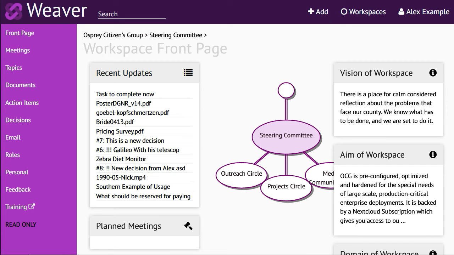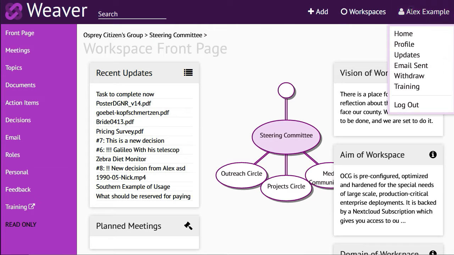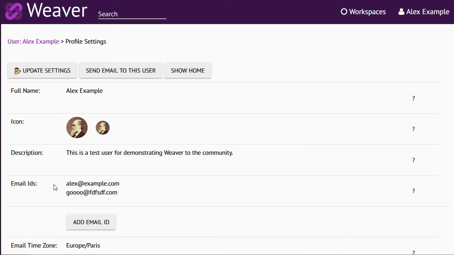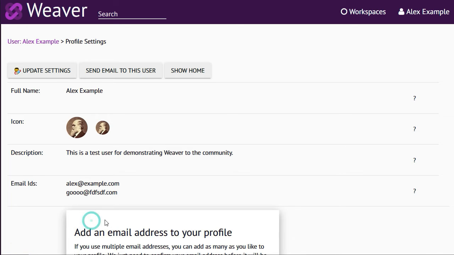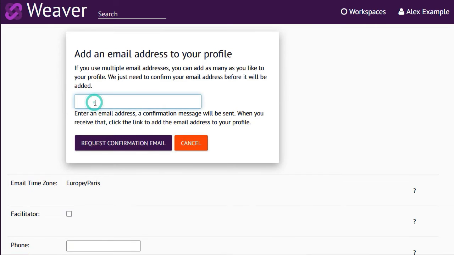Here we have an example user in a sample workspace who is accessing using a couple of email addresses. You'll find your profile by choosing Profile under the name, and this shows you the email IDs that you already have associated with the account. Right below it is the Add Email ID button. So if your old email address used to be this, and you want to change it to a new email address, you add the new email address. So now we'll do